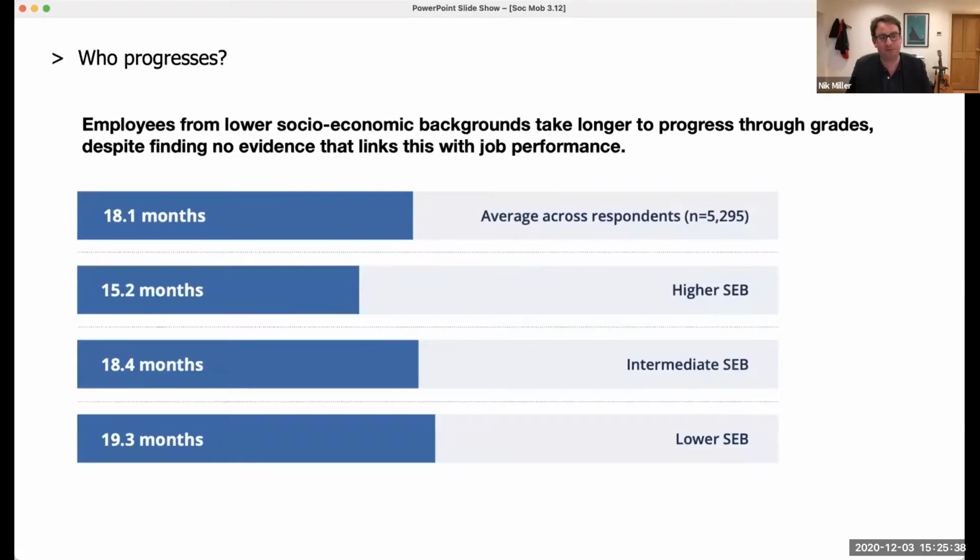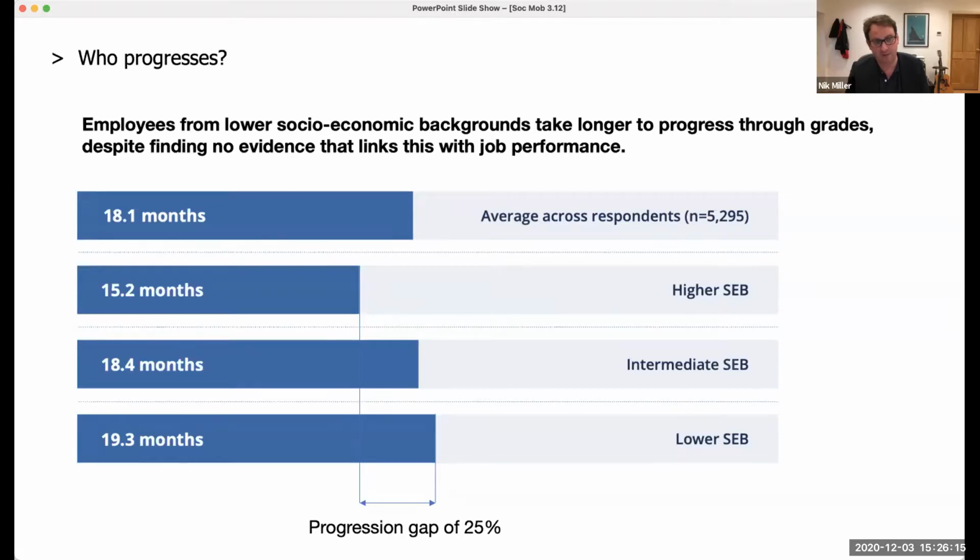And then as we published in the financial sector last week, some of you may have seen, again, we see this same progression gap, even when we're controlling, i.e. taking account of different occupational areas and other aspects like gender and race. We see this progression gap of about 25% in the research we undertook in the financial services sector. So of course, this should concern firms and particularly bust the myth that actually everyone gets ahead equally, everyone has an equal chance. And the qualitative data helps us understand why that might be.